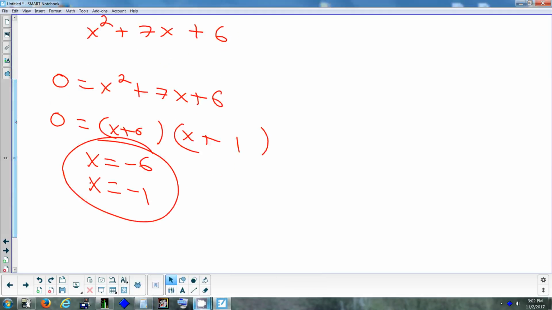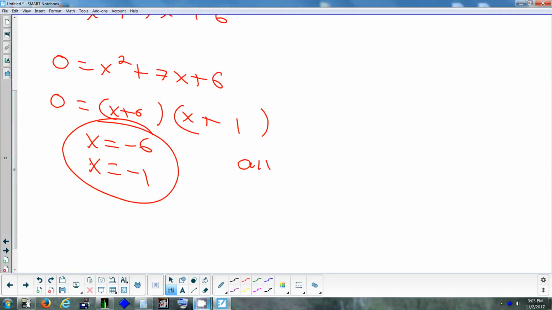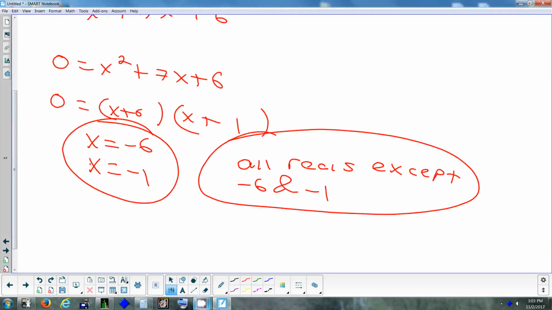So there's our two numbers that are not in the domain. Okay, so now to write the answer to the question, find the domain, it's all reals except -6 and -1. Okay, you can write it as a sentence, or the other way you can write it is